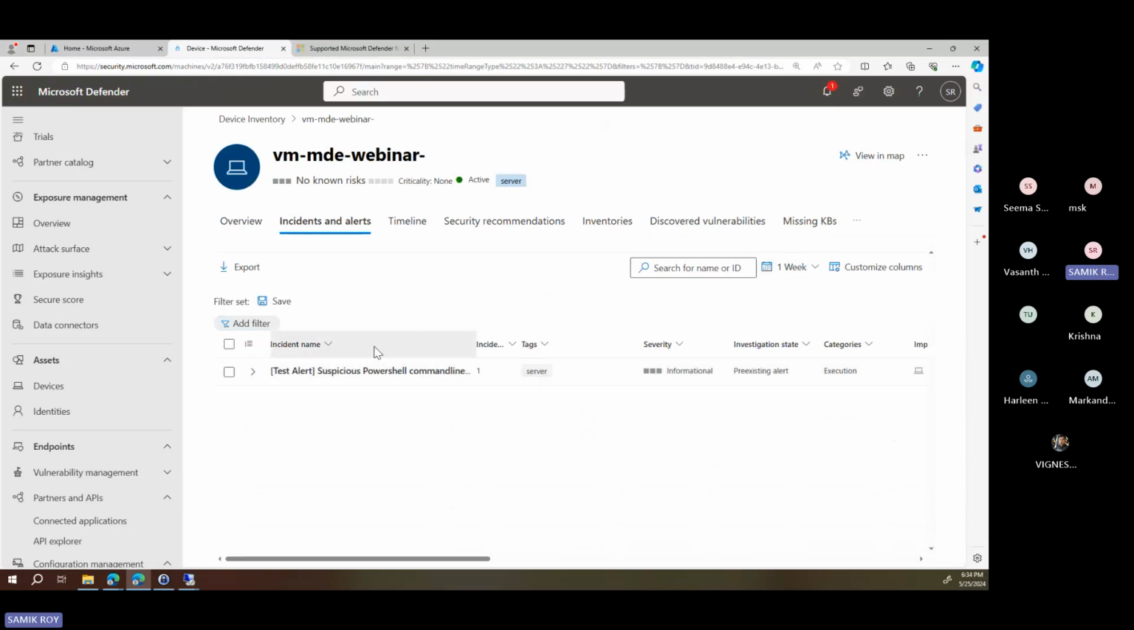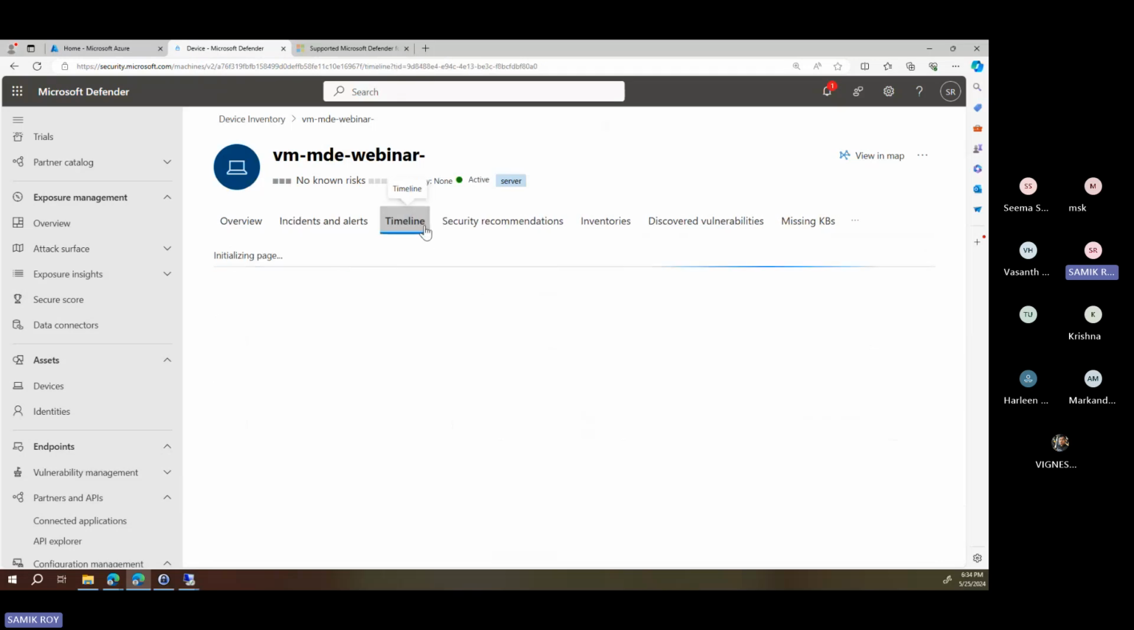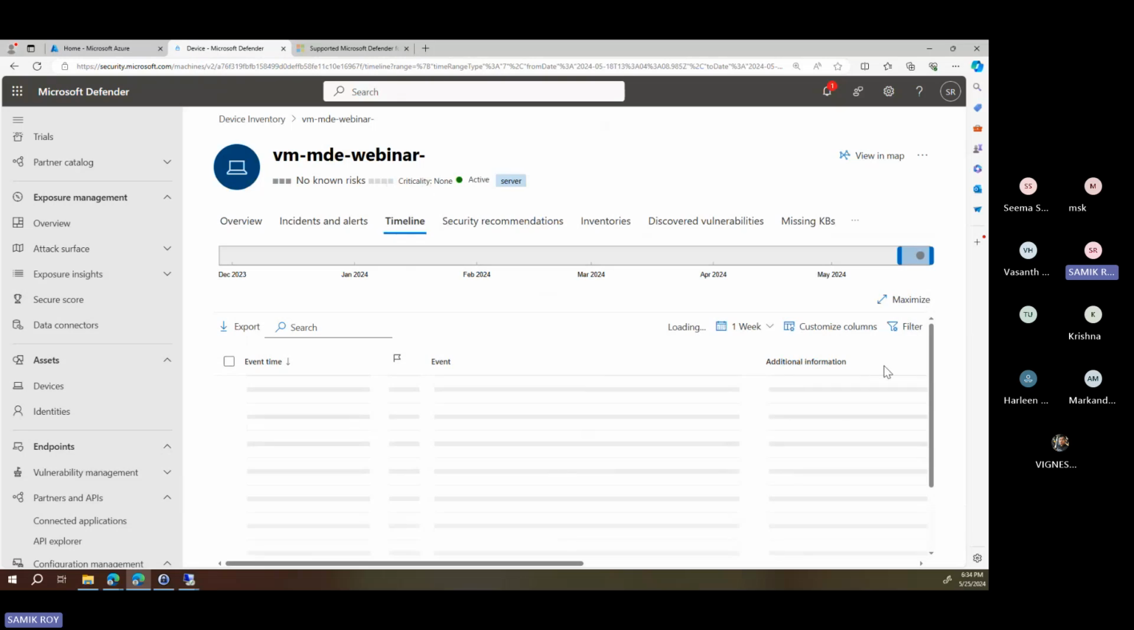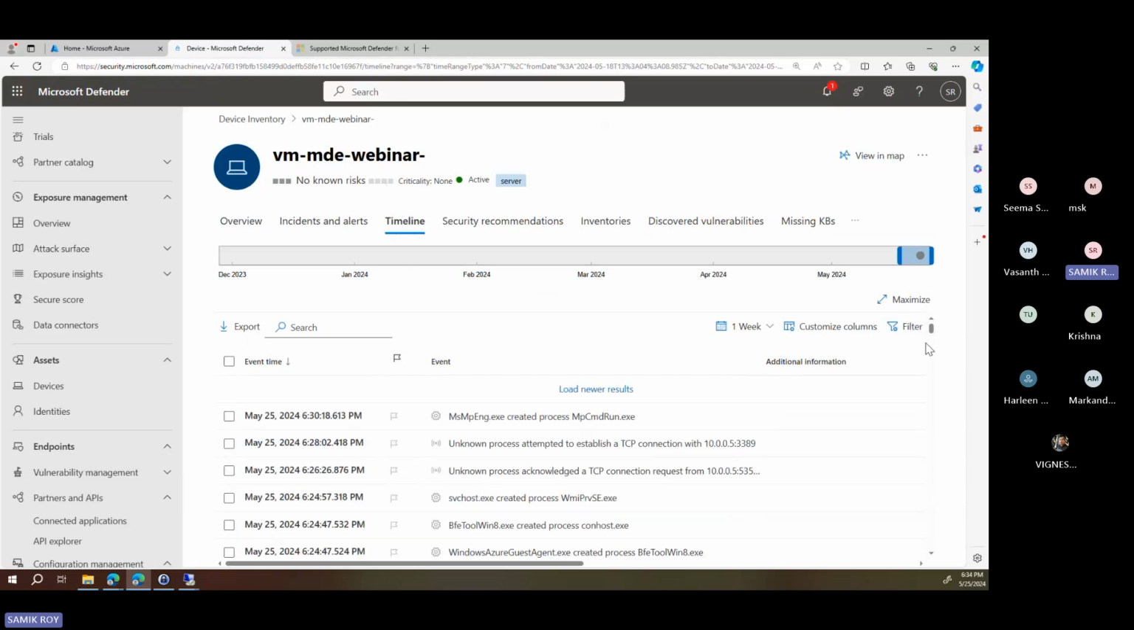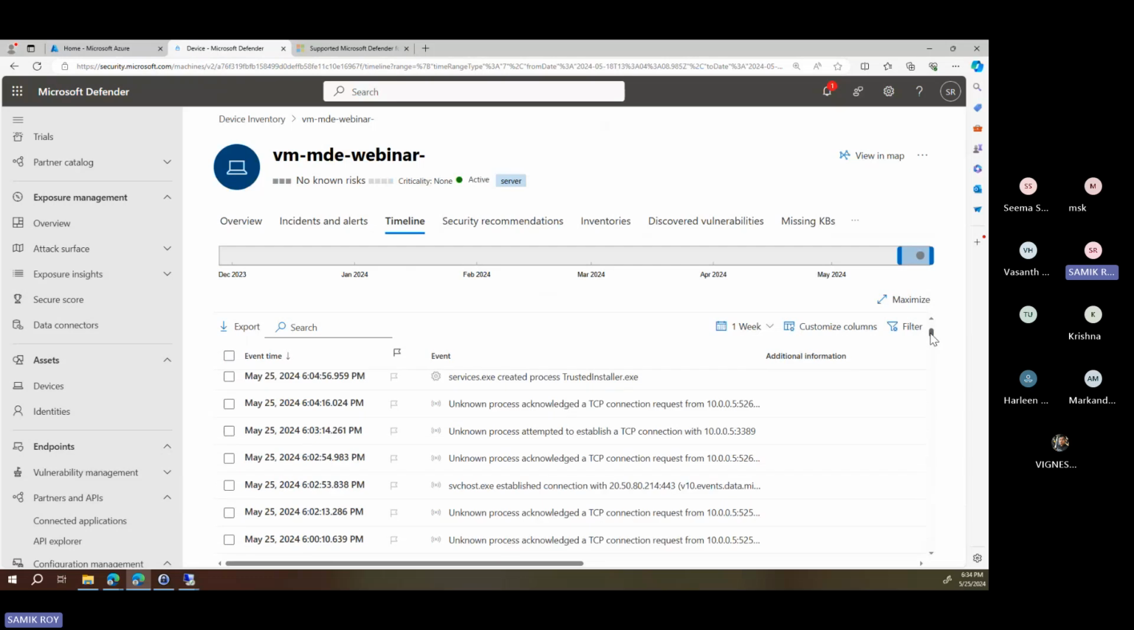For example, we generated a test alert here, right? That's what is a part of this. The next thing it's going to show, if I go to timeline, is a timeline, and the way it picks it up, as Vignesh mentioned earlier, is that we install or onboard the machine into Defender, and that starts collecting the whole telemetry from the system itself, be it a registry event, a device process event, a file creation event, and things like that. So the entire telemetry is captured and ingested into Defender, and that's how we're going to see the